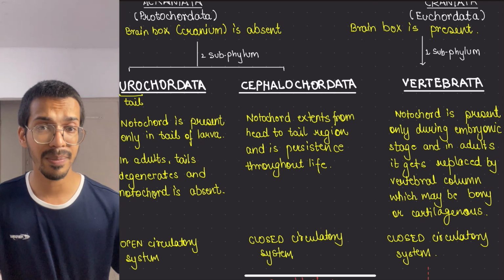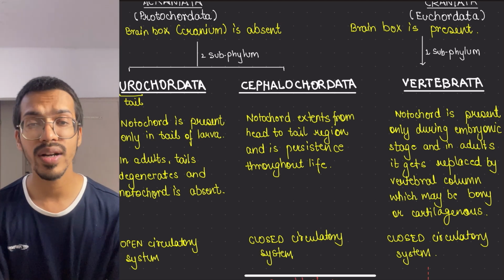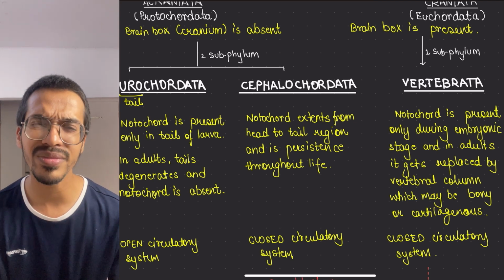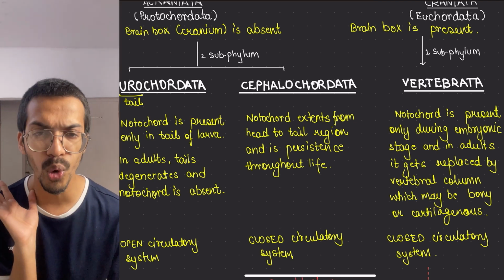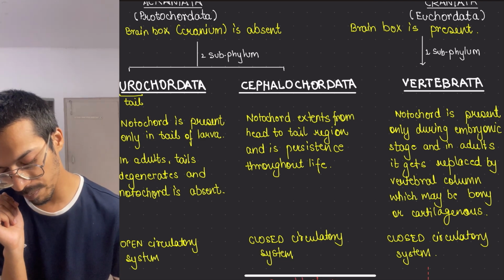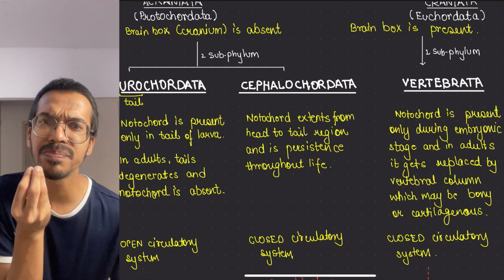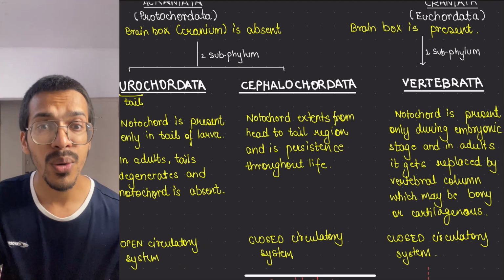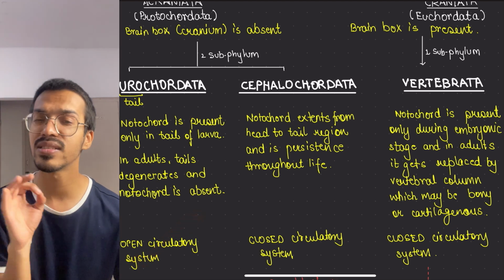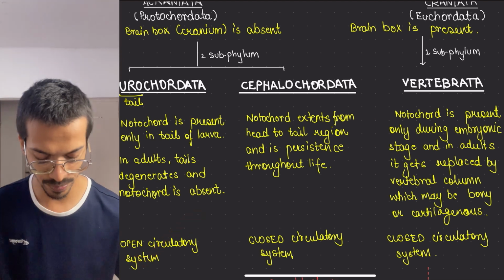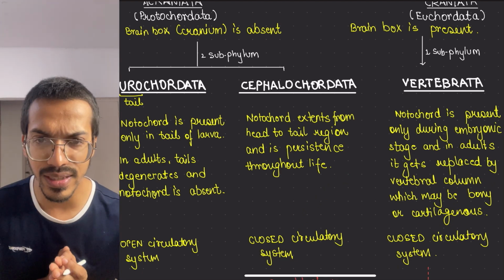The next thing to remember is what kind of circulatory system is present. Now, I would say Urochordates look somewhat like non-chordates, meaning they will have certain non-chordate features more. What is it? An open circulatory system, meaning their body has not specialized to have blood vessels. So this is an open circulatory system, and this can very importantly come in your exam. These both have a closed circulatory system, meaning proper blood vessels are present in them.